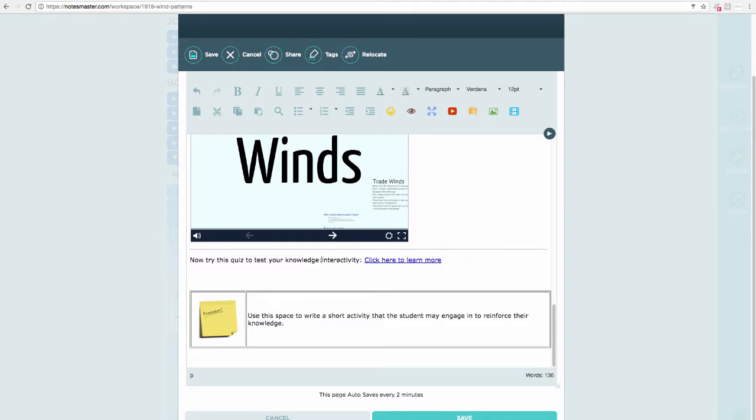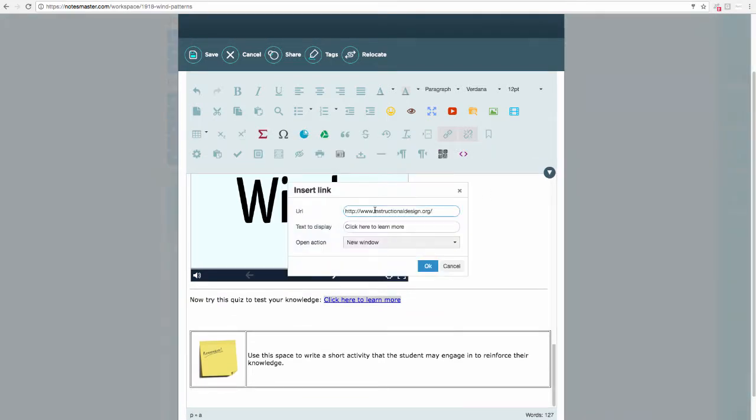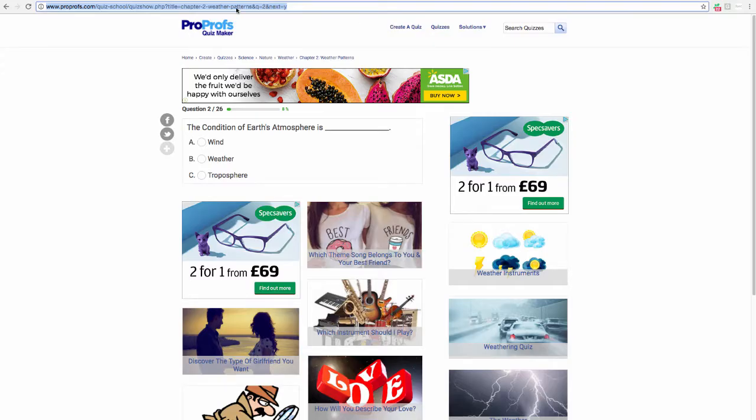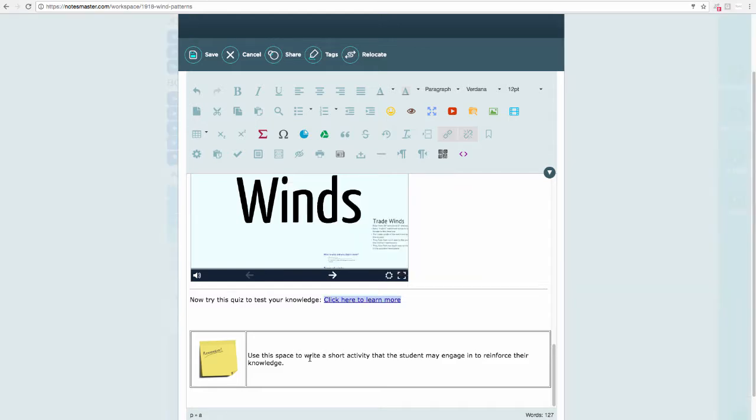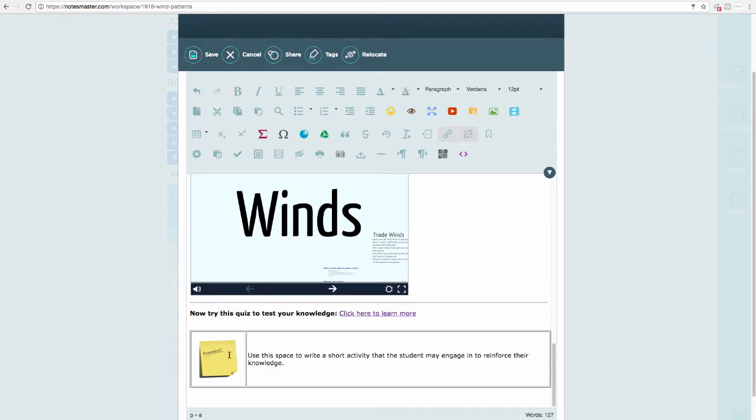And then you would click here, open it up, click on the link, highlight, and then you would right click and paste in that web address. So you're right clicking and copying, pasting in here this web address, selecting to open in a new window, clicking OK. Maybe we make this bold a little bit. Okay. So here we have our little quiz, and maybe you might want to give a reminder at the end